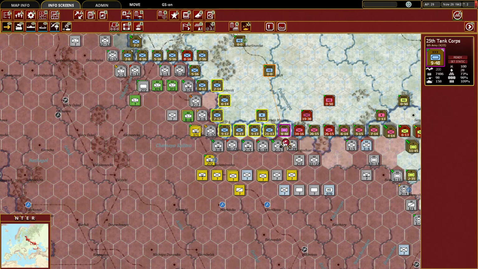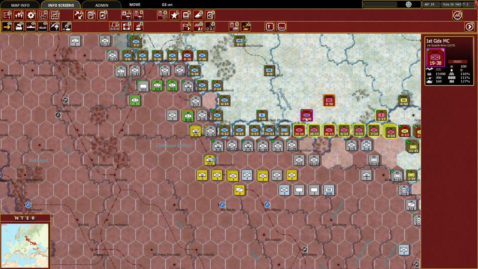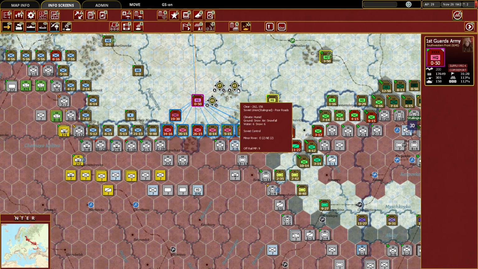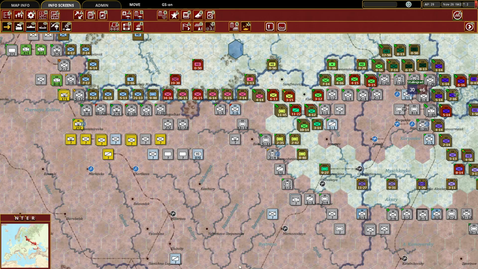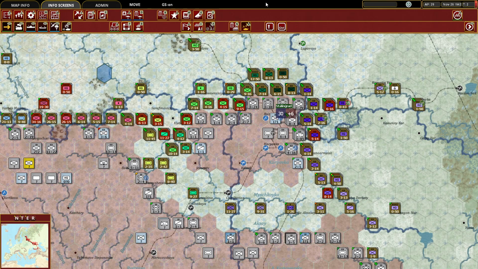This is such a strong unit that I almost hate to use it just to take this empty terrain with no strategic importance. And this unit is part of the 1st Guards Army, which is there. I don't know. First we're going to figure out Stalingrad, then we're going to come back here to this flank. First we're going to do Stalingrad. So let's begin